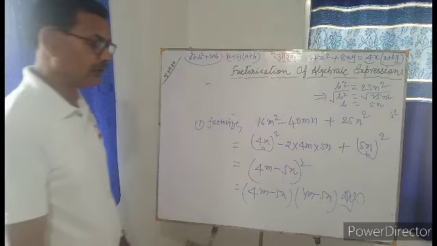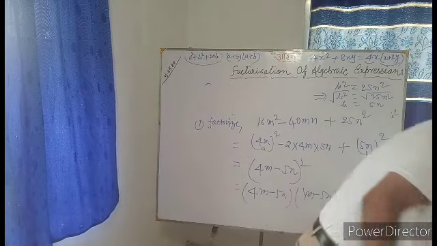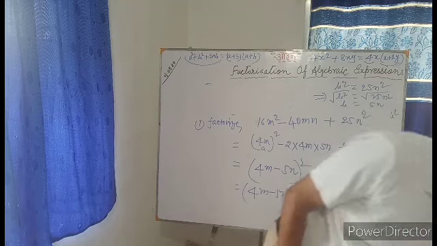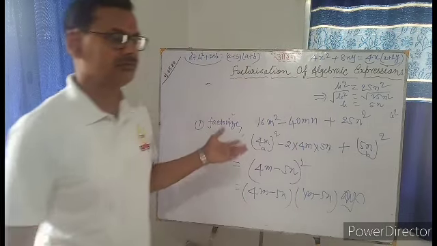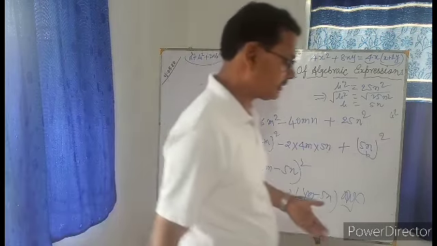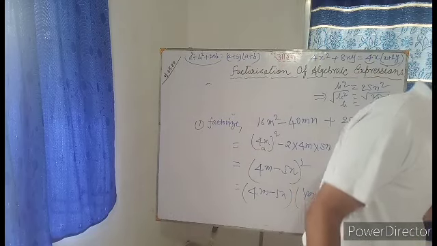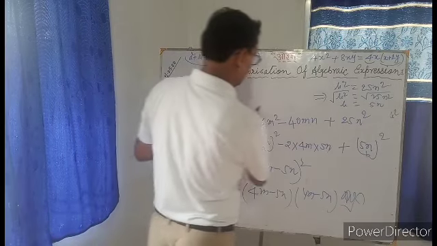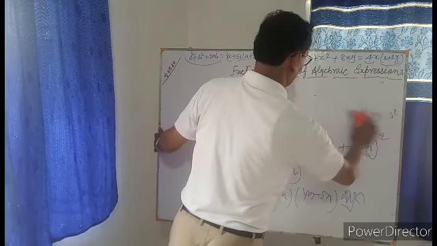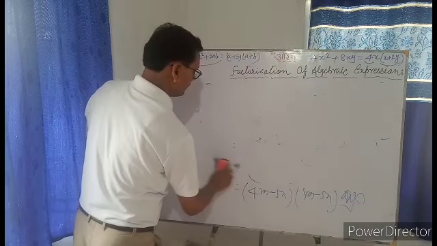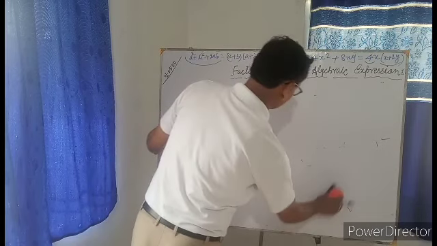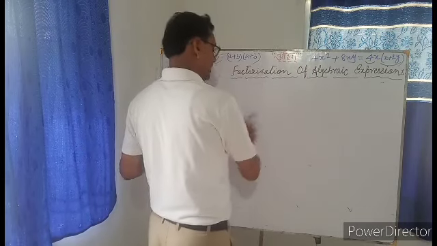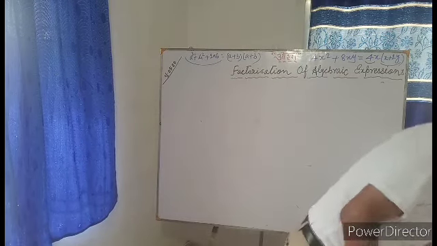Okay, so all of you understood these two examples. Now let us see one more example I would like to explain, and after that I will stop today's lecture. I will give you some problems from your worksheet 6, and tomorrow we will discuss the other questions of this exercise, because today it is not possible to explain all the types of factorization based on these identities. So let us see one more example.